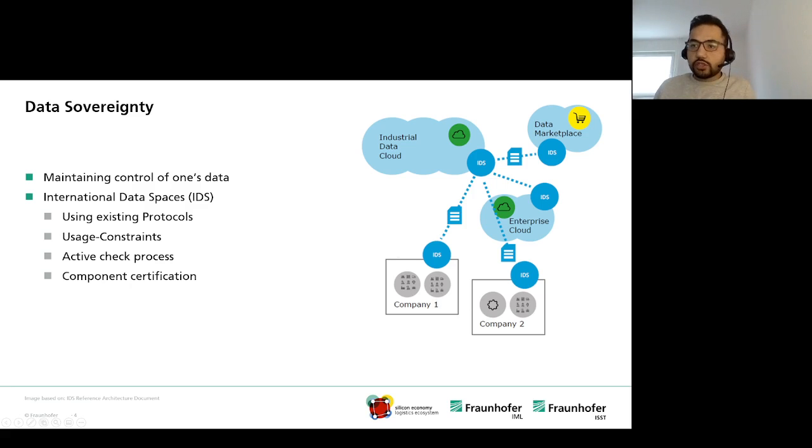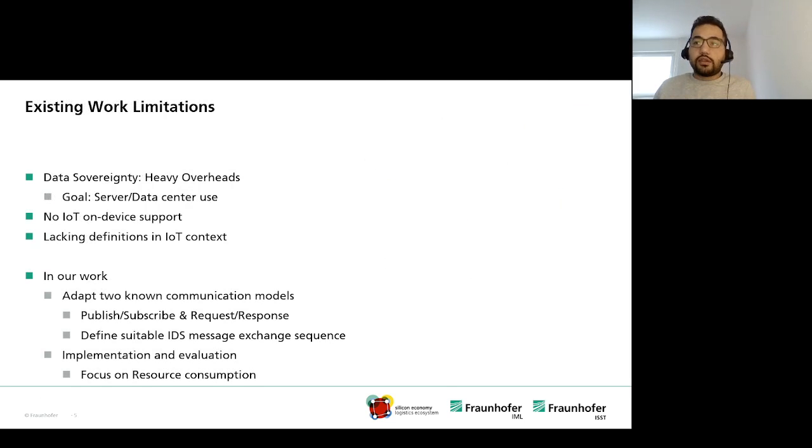And the International Data Spaces has an added layer of assurance to this process by using certified components. So company one and company two can only access the International Data Spaces through certified IDS components, for example, an IDS connector.